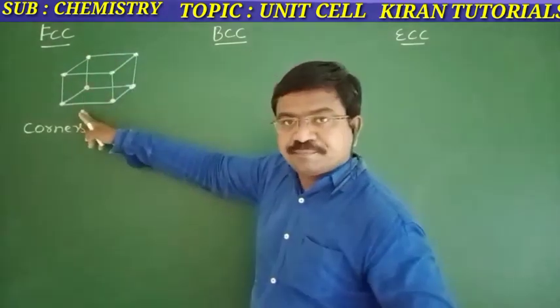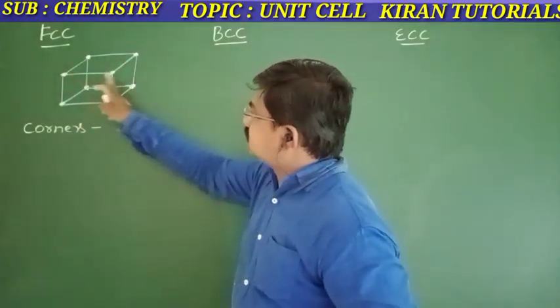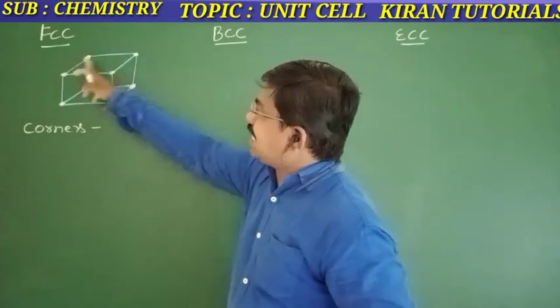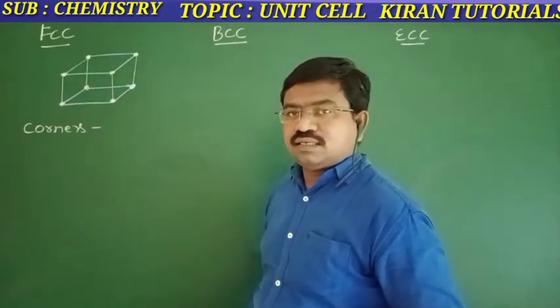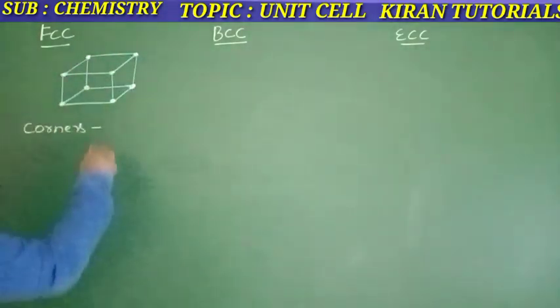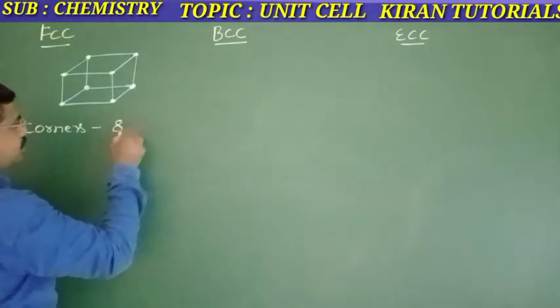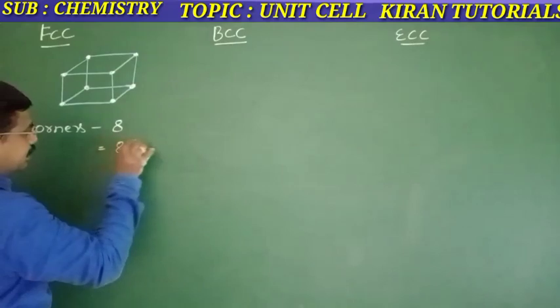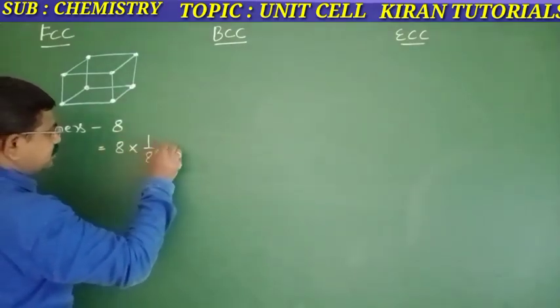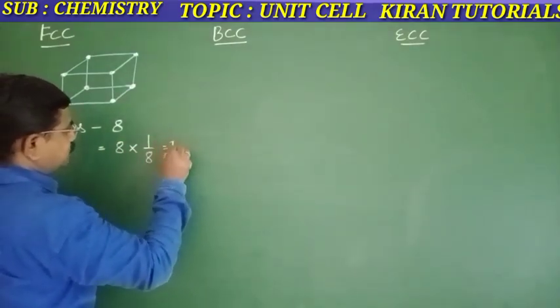In FCC, see the corners, 8 atoms are present, and each is shared with 8 corners, that is equal to 1 atom,